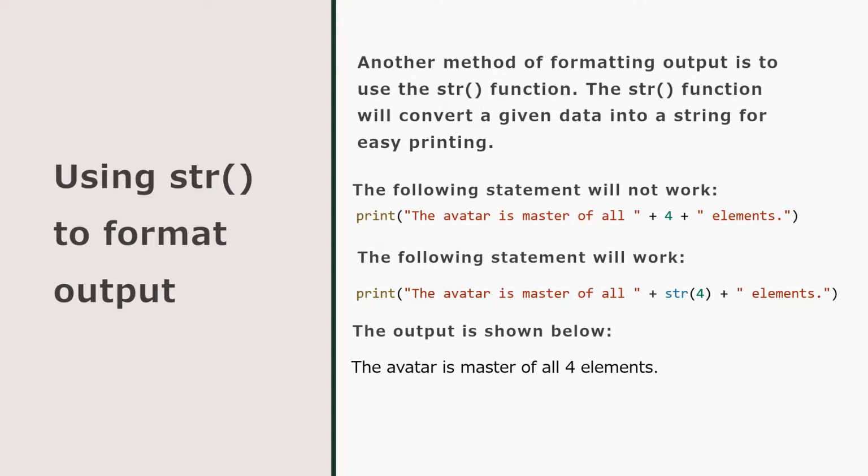So the main issue in the top line is that 4. That 4 is an int, whereas those other 2 data types are strings. The two data types in this case would be, the avatar is master of all. That's a string on the left, and then there's a string on the right, which is, just elements. So we have string, int, string, and we're trying to put them all together, and you can't do that. We have to convert that middle data type from an int to a string. And the way we do that is just by calling the str function on that int. And then you just have a total of 3 strings in a row,